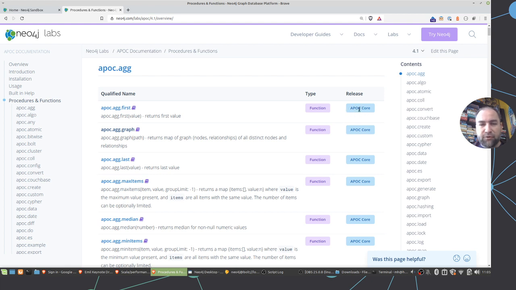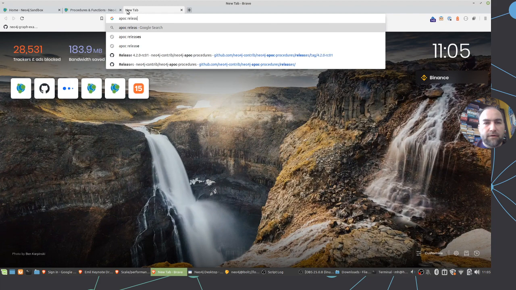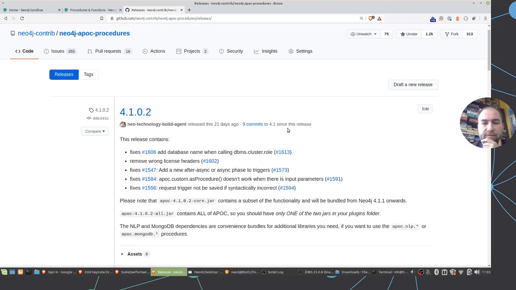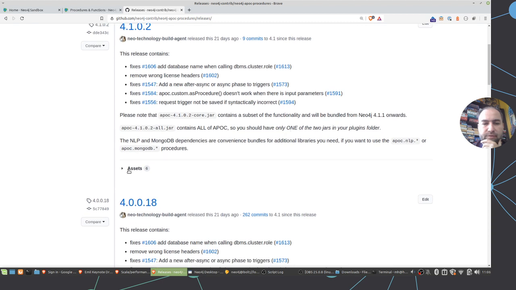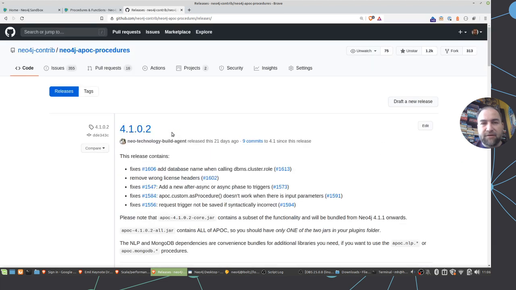called apoc core and apoc full. It's also visible if you go to apoc releases. There we now release both the core jar and the all jar. The core jar is something that, starting with neo4j 4.11, is bundled in the download. So for instance, if you download neo4j,